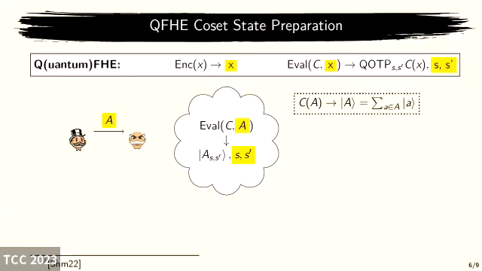And what this receiver will get out of this preparation protocol is actually the quantum one-time pad masking of this subspace state, which is actually exactly a coset state. So it will get this coset state A, S, S prime. It will also get the encryption of the key S and S prime that it can send back to the sender. And the sender, because it has the key, will be able to decrypt everything and get the description of the coset state, while the receiver has the coset state.